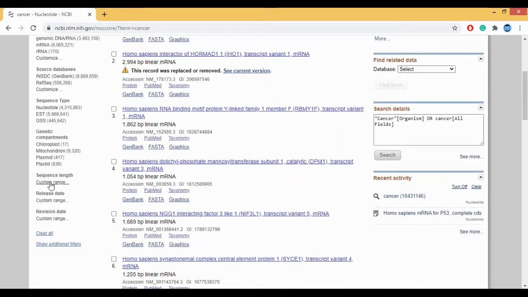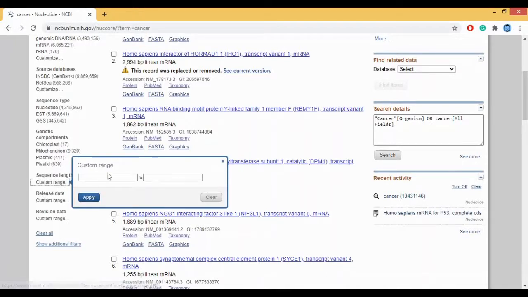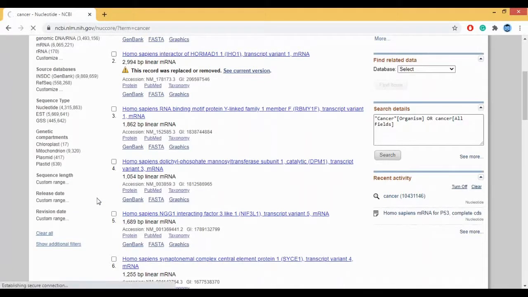And then you can develop a custom range for the sequences. Suppose you want from 100 to, let's say, 1000. I'm just doing this randomly. If you have a specific sequence in your mind which you're working on, and you know its range, it will be very easy for you to find it. So if I click on apply,